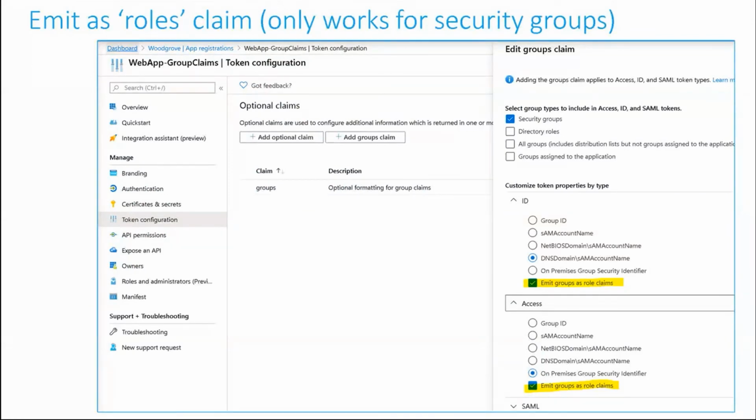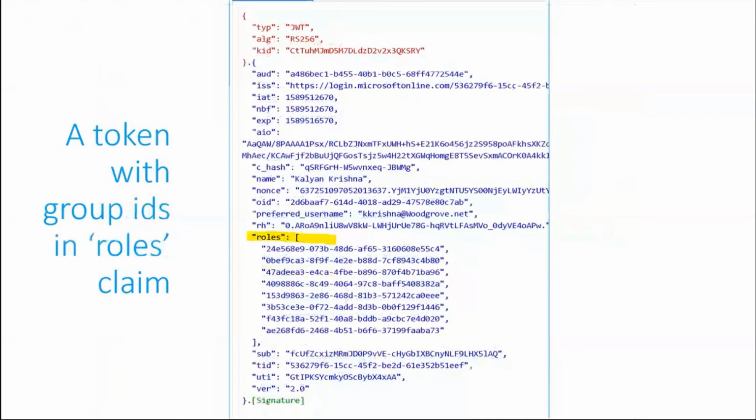I'm not going to cover each one of them in detail, but you can use the links provided in the doc to pursue the more detailed features in your own time. So finally, just remember that when it comes to group claims, the features differ between groups that are maintained on-prem versus the ones which are synced from on-prem versus the ones that are cloud only.